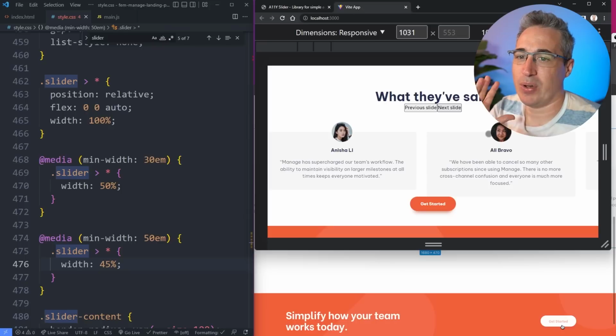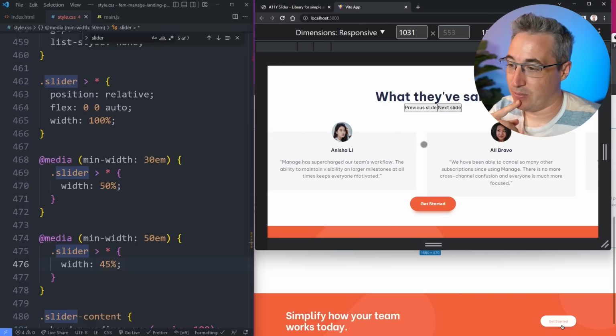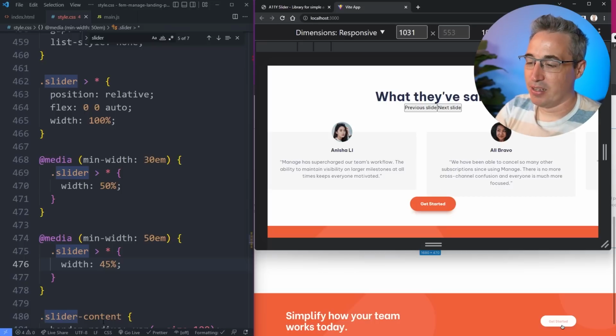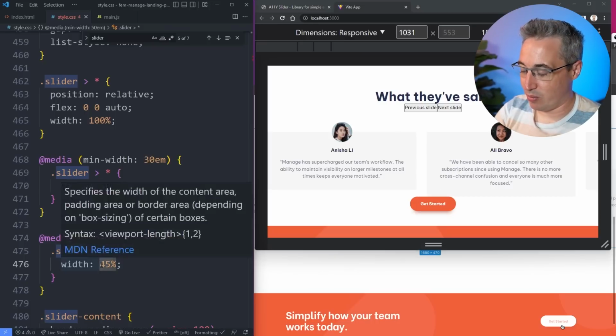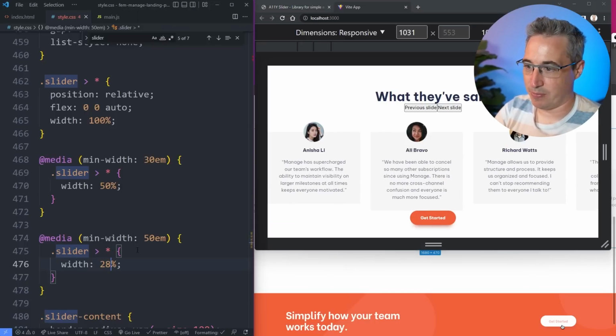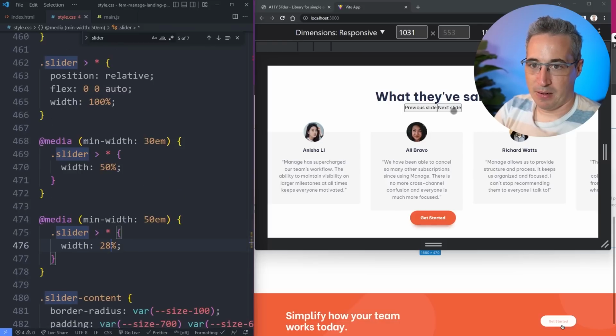Okay. So the way this is working is it's treating this almost like one slide, which is a bit of a shame. And that's why we were getting two buttons down at the bottom. So we just sort of have to work around that. So what if I did like 28% even? And then